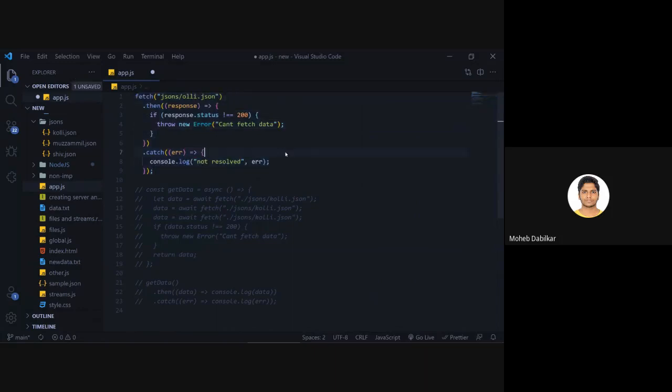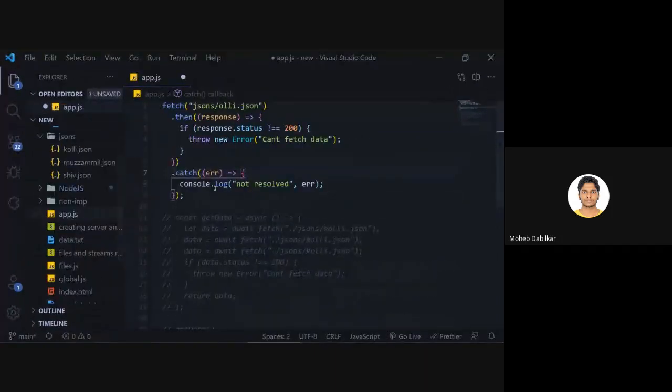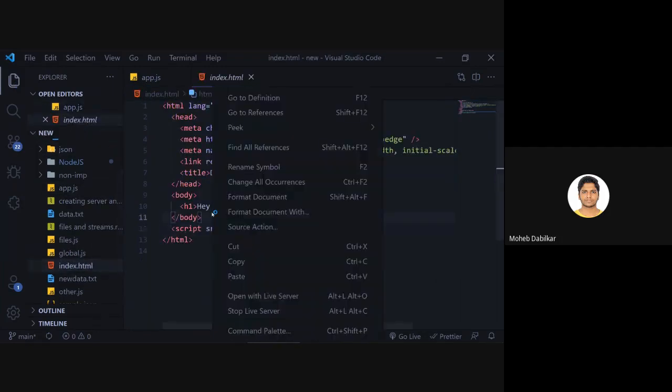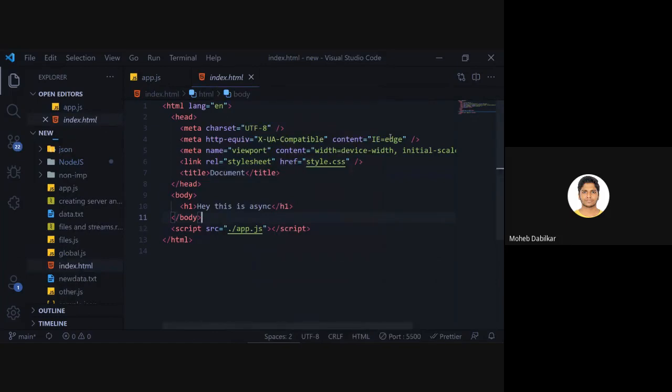So right now instead of going through the entire process of fetching an API from internet, what we have done is created a folder known as JSON. So let me just rename it to JSON right now. And we will just remove this also. And we have this index.html, and I will open this with the live server so that we can see this.